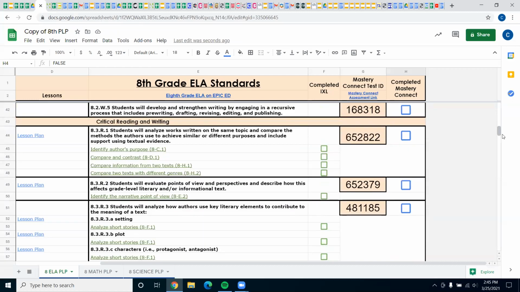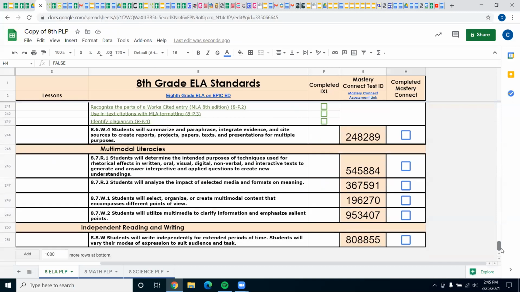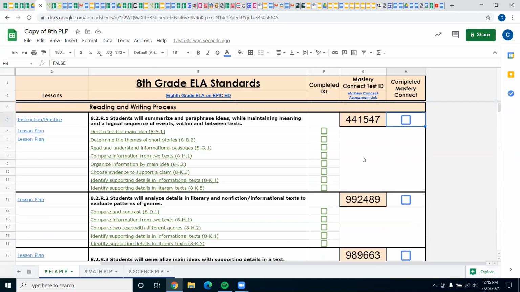I don't expect you guys to get through every single one of these before testing starts, because there are quite a few for English and quite a few for math. But just do your best. Do as many as you can. I would say maybe do about 1 or 2 per day along with your